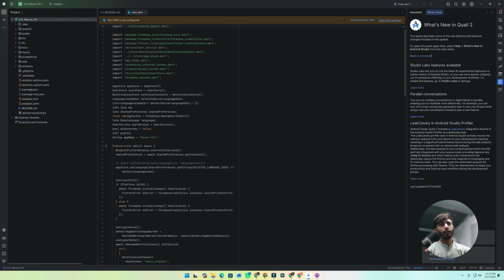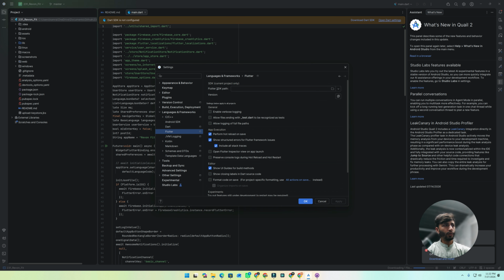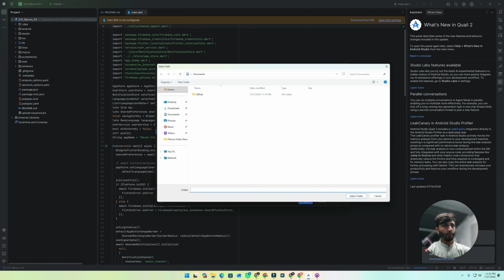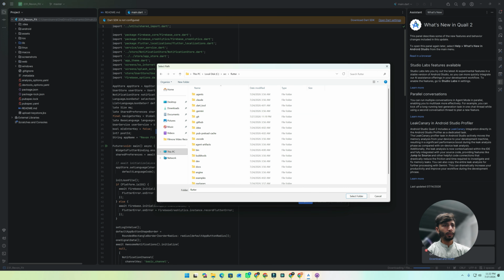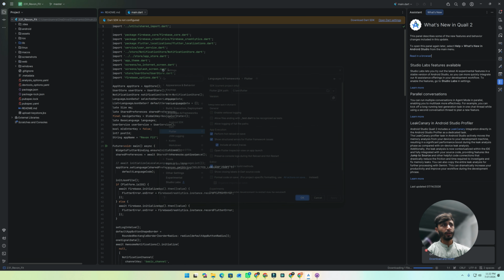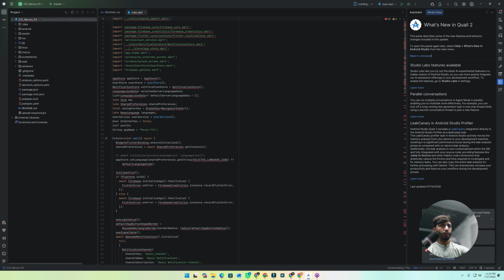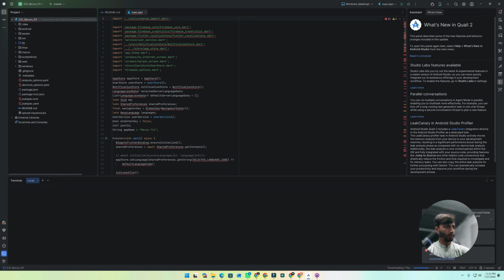You have to just click on open Dart settings. Then click on Flutter, and from here choose the Flutter SDK where we installed it. I will click select folder, then apply and OK. So everything is all right. Then go to the project and I will type flutter pub get.